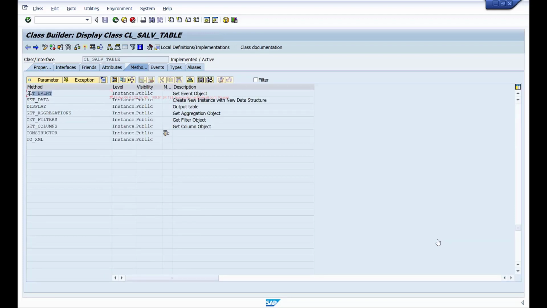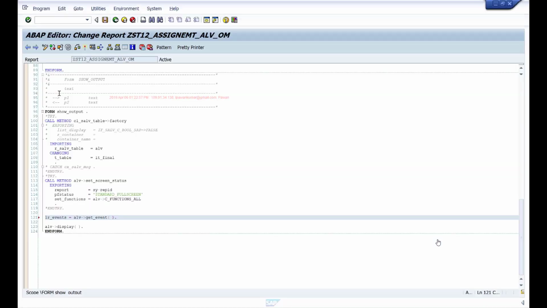In this there is this get_event method. We are calling this method, so it will return the events reference and instantiate this events object.